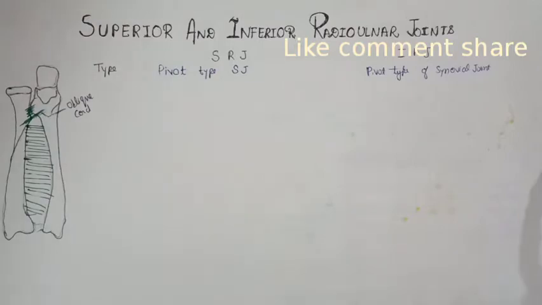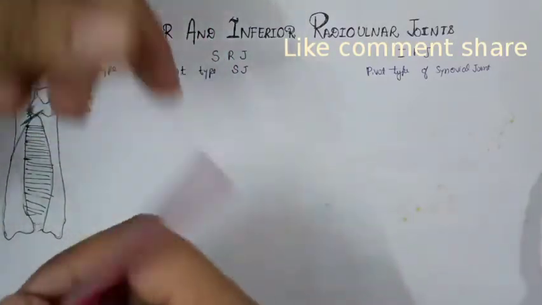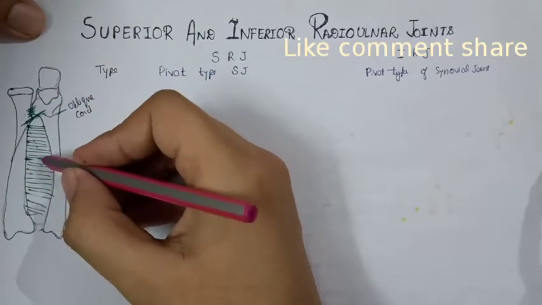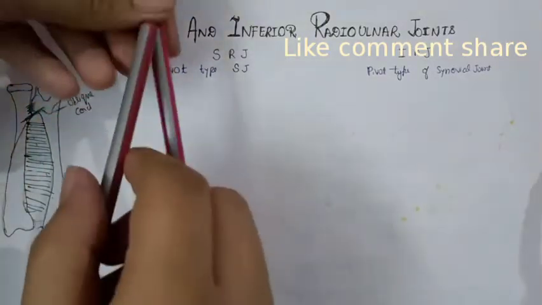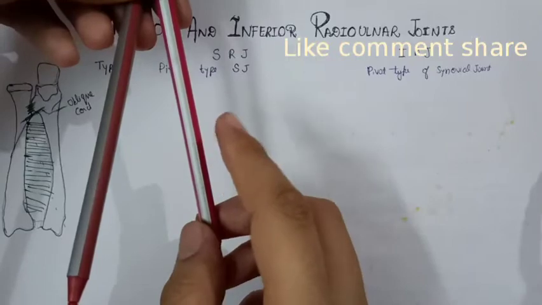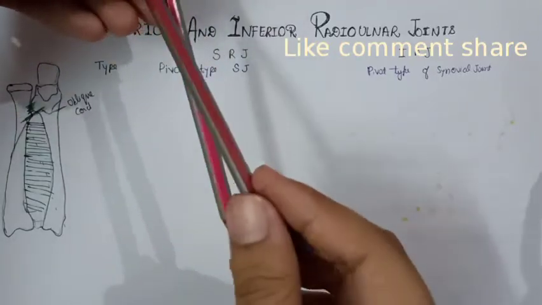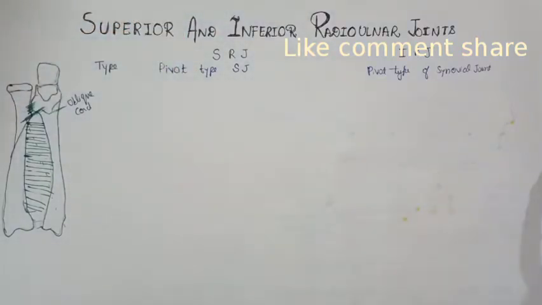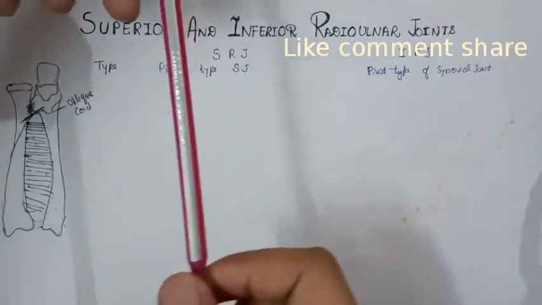What does that mean? It means the joint shows movement along some point, and the axis of movement is oblique, somewhat like this. It is the axis of movement. Suppose this is radius and this is ulna. The radius comes in front of the ulna during supination and pronation, which we see under the heading movements. Basically, simply I want to tell that pivot type means the movement is shown along a certain axis or certain point.